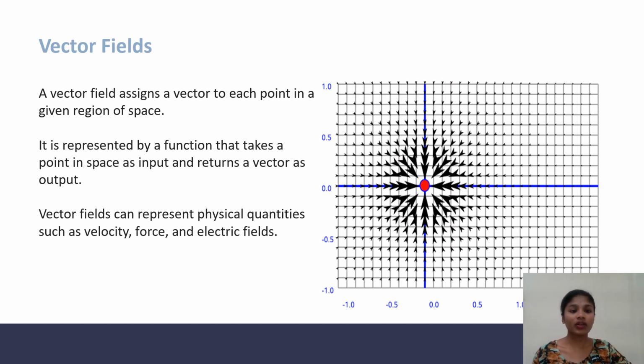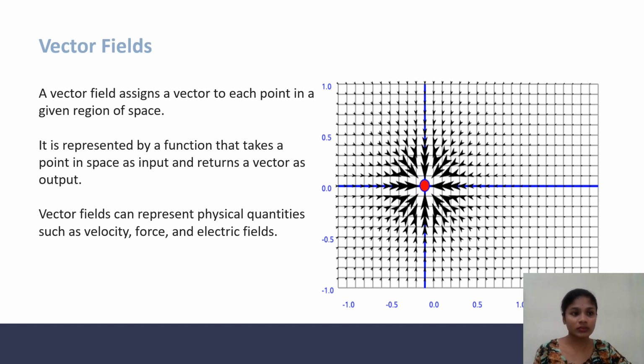Vector field. A vector field assigns a vector to each point in a given region of space. It is represented by a function that takes a point in space as an input and returns a vector as an output. Vector fields can represent physical quantities such as velocity, force and electric field. Vector fields are often used in modeling, for example, the speed and direction of a moving fluid throughout three-dimensional space, such as wind, and the strength and direction of some forces, such as magnetic or gravitational force, as it changes from one point to